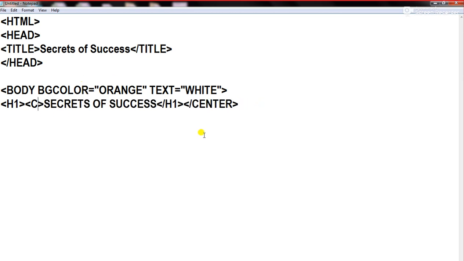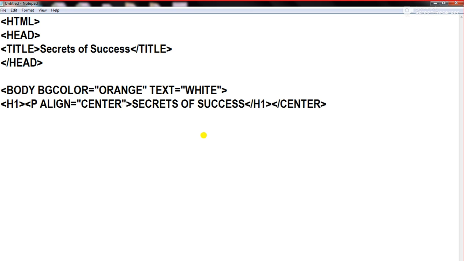In our last class we have learned about the paragraph tag. Okay, P align equals to center, right? And at the end of the line we need to close the paragraph tag. So in our last class we have learnt about paragraph, and we have used the attribute align, and we have aligned the text in the center as well, and here we need to close the paragraph tag.